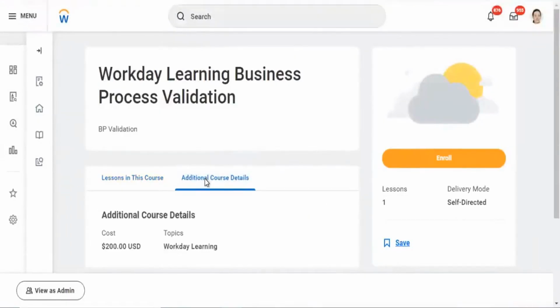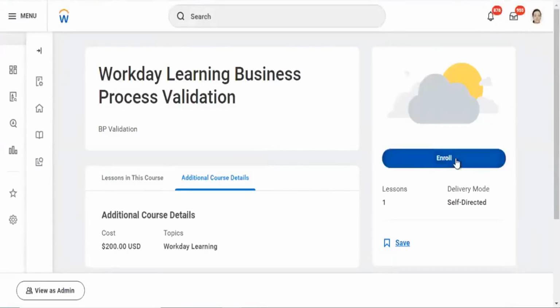If you see this one now, we have $200, which has cost. As per the condition that we made, the moment I click on enroll, it should go for an approval. Because an employee, when trying to enroll into a course that is associated with cost, should go for an approval. First, I'll show you the one that is cost associated. Then I'll show you the one that is not cost associated, which should not go for an approval.